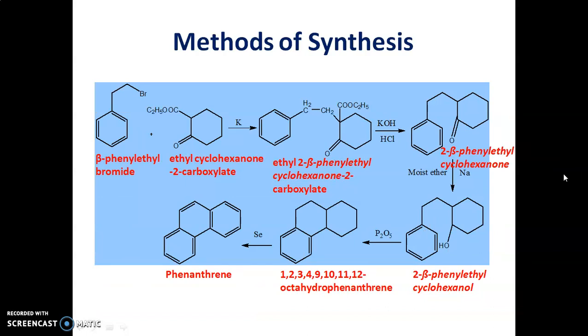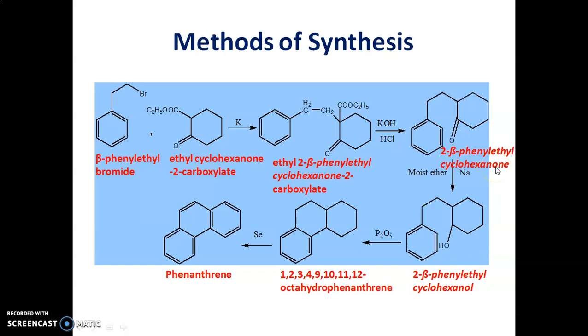Bardhan-Sengupta synthesis can be explained as reaction of beta-phenylethyl bromide with ethyl cyclohexanone 2-carboxylate in presence of potassium salt yields ethyl 2-beta-phenylethyl cyclohexanone 2-carboxylate, that is, there is a condensation of these two molecules, which on further treatment with alkali like potassium hydroxide gives